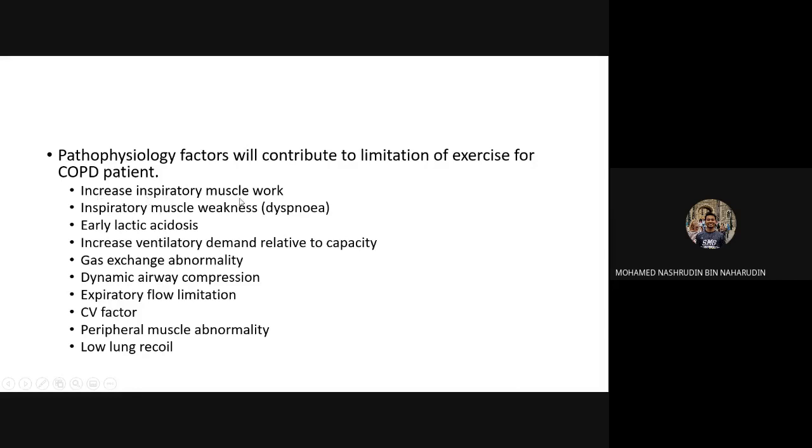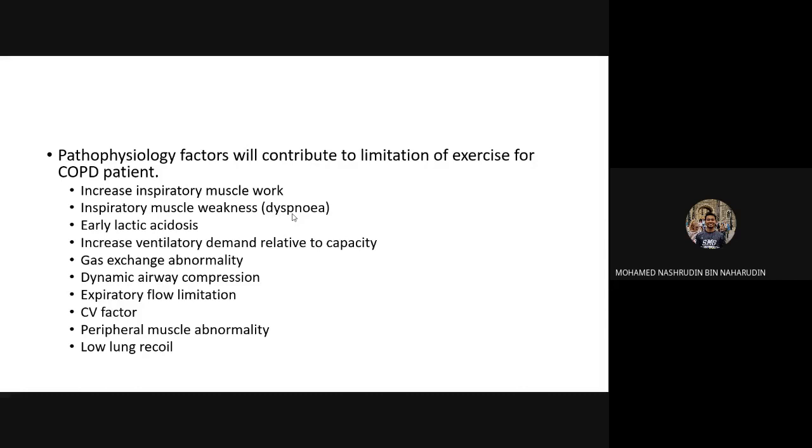Increased inspiratory muscle work, meaning that your inspiratory muscles have to work double in order to get air into your body. Then inspiratory muscle weakness, and dyspnea, or shortness of breath, because of the blockage or obstruction of the respiratory system. Early lactic acidosis. This is because of